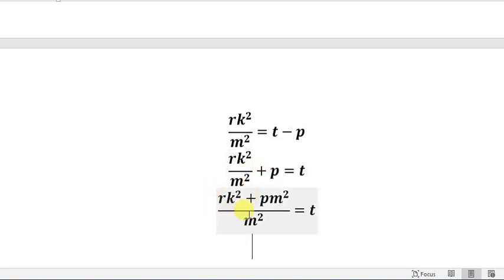We can make this look nicer by trying to find a common denominator or making it a common fraction. That is, multiplying p by m squared and then having rk squared plus pm squared all over m squared. And that's resulting to t being the